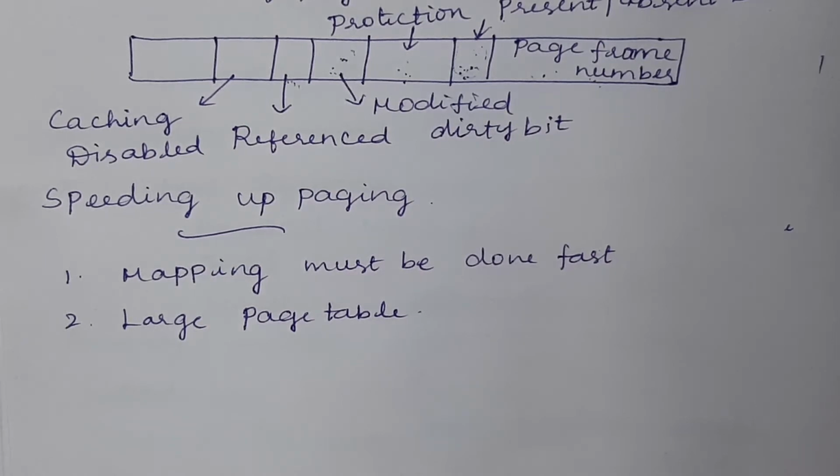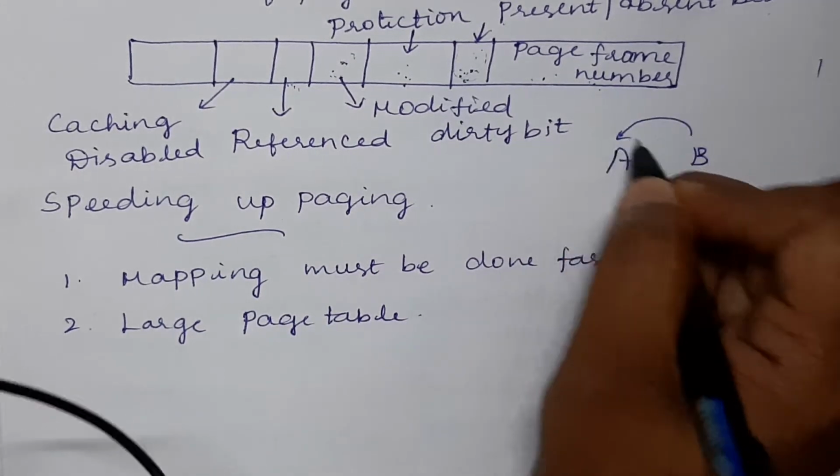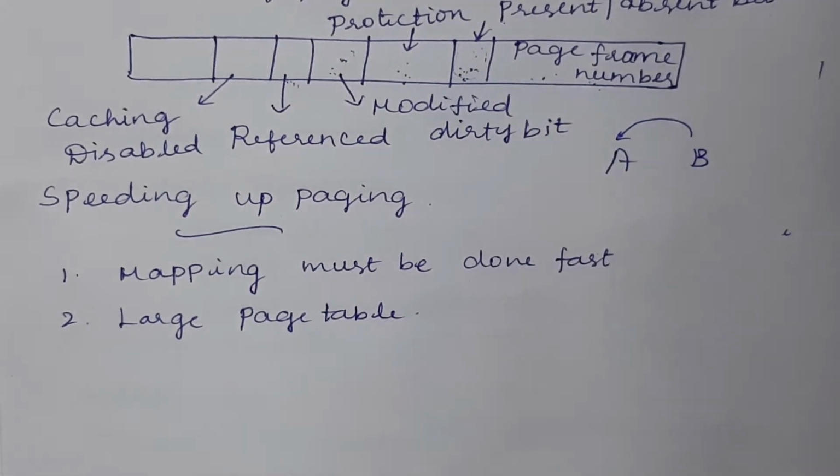So how do we achieve these two requirements, and how can we get it faster? Suppose you are executing a very simple instruction that takes only 1 nanosecond, which means you want to copy the content from one register to another register. Suppose you have two registers A and B, and you are just going to copy the content from B to A. The execution time of this instruction is just 1 nanosecond.